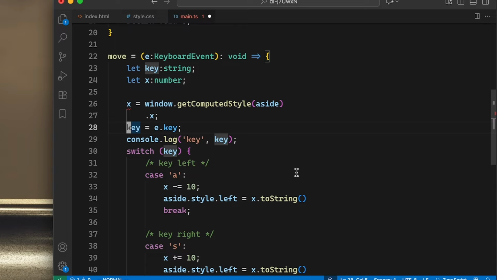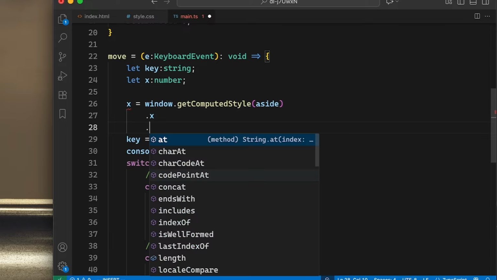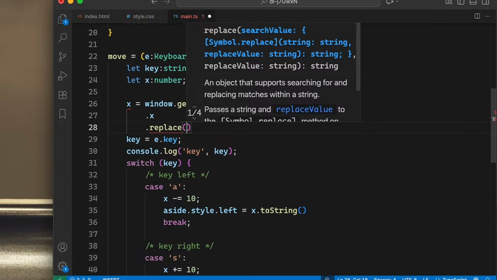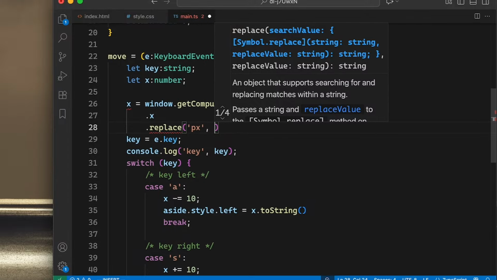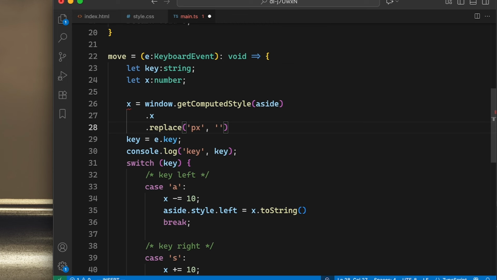But this would be in the same format, so we need to remove the pixel and we need to turn it into a number. So we take the x and then we can replace, search for pixel and replace with nothing. And this whole thing we want to turn into a number. So I guess we can just do number like